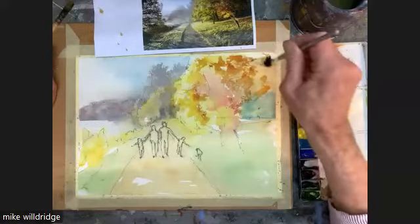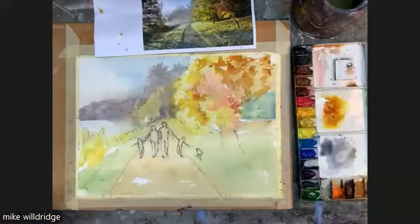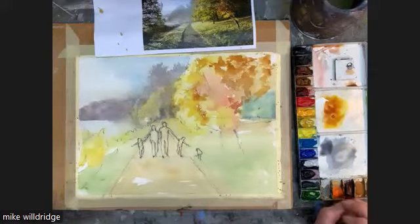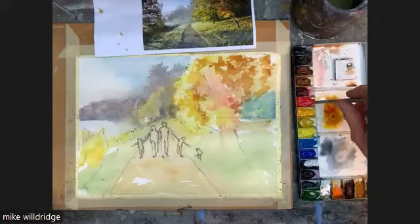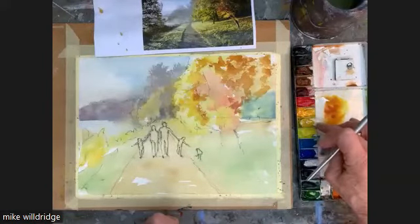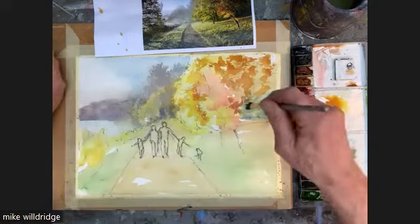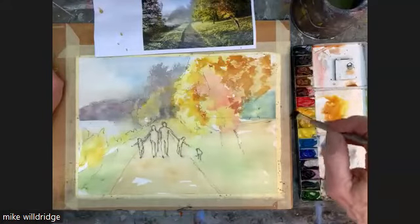I've just noticed a question, somebody asking what was added to New Gamboge? Well, you could use something like cadmium yellow and a little bit of burnt sienna with it, or a little bit of light red. It's really just the medium yellow, which is aureolin or cadmium yellow, but it's got a bit more red in it. That is all. Right, let's move down to